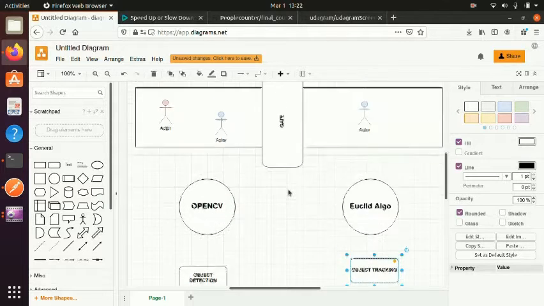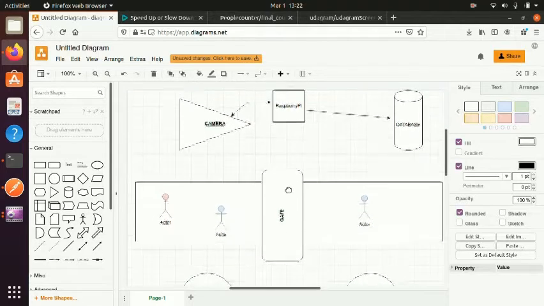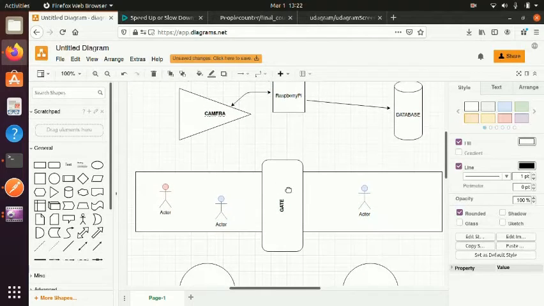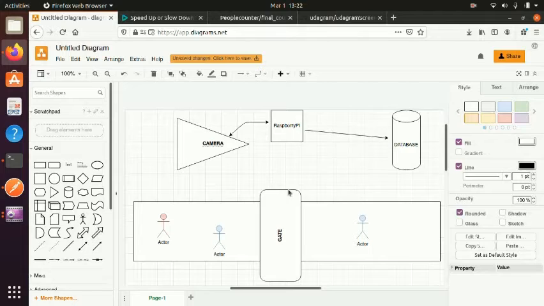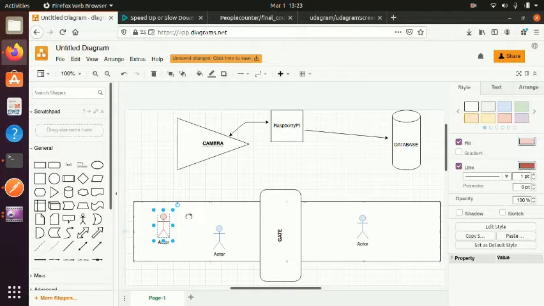So this is basically a scenario that I have considered. Now consider in this scenario there is an overhead camera. There is a path. Suppose this is a road and this is a gate. Now suppose a human is crossing this gate, and it's going to the other side.